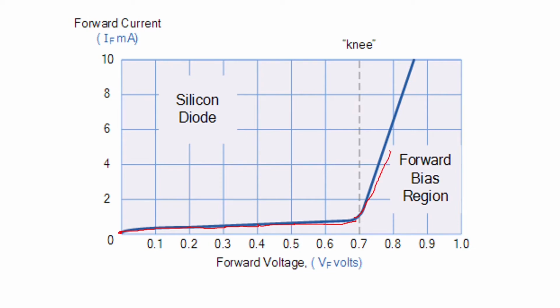You can see this increase in current for a smaller increase in voltage. Even if you increase from 0.7 to 0.8, you can see so much increase. From 0.8 to 0.9, you can see a lot of increase in the forward current. Once you cross the potential barrier, this is the knee voltage. Once you cross that, the current will increase a lot for a little increase in voltage. There is a drastic increase in the forward current.